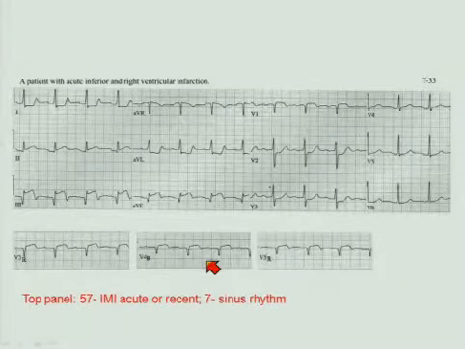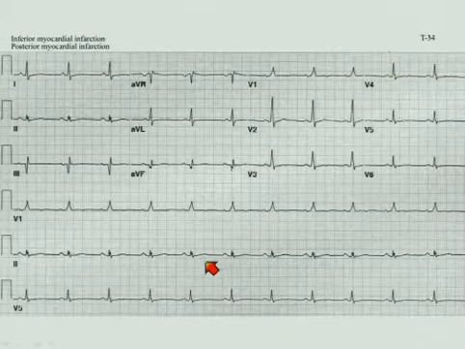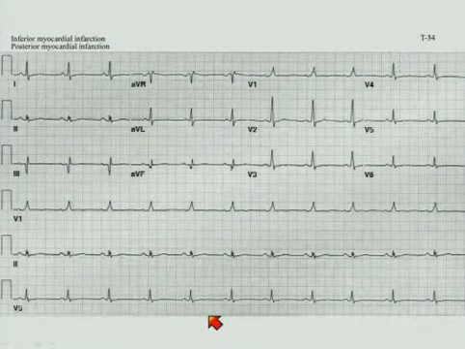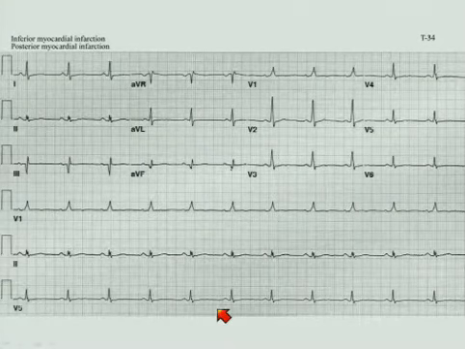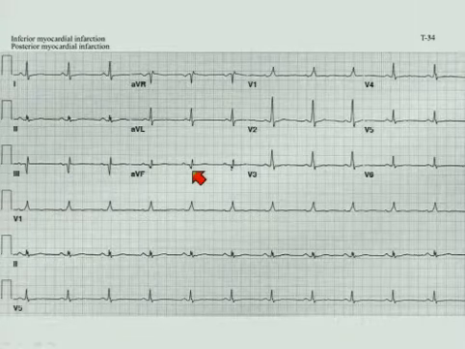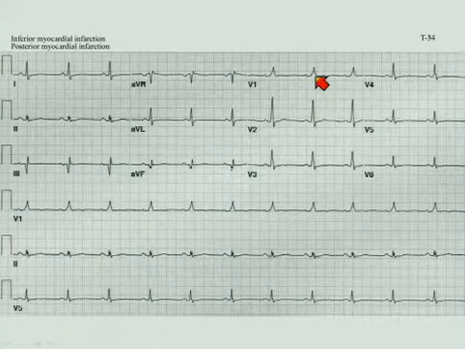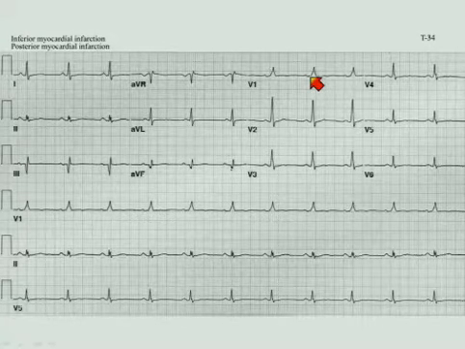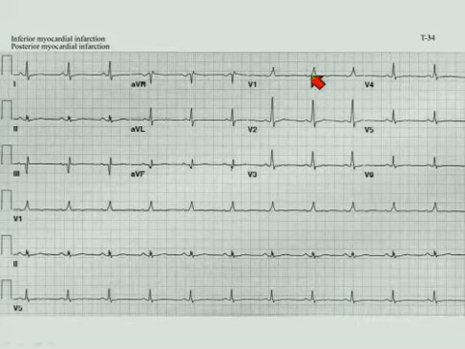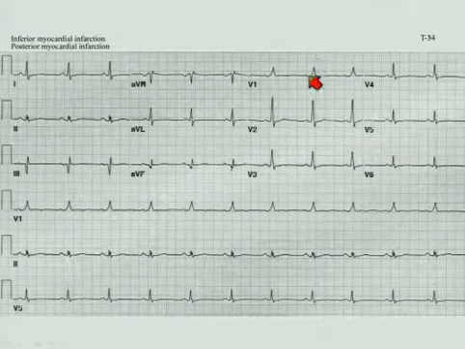So, inferior MI, acute or recent, and sinus rhythm. Here is an age indeterminate or old inferior posterior infarction, abnormal Q waves inferiorly, and again this Q wave equivalent in V1 of a posterior infarction with slurred and more than 20 to 30 milliseconds R wave in V1 representing